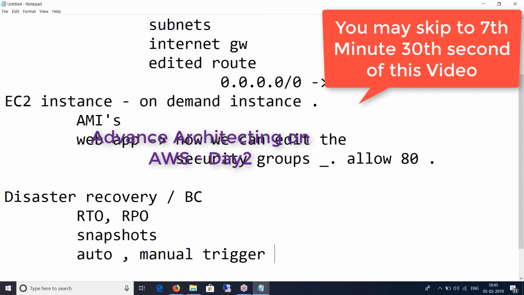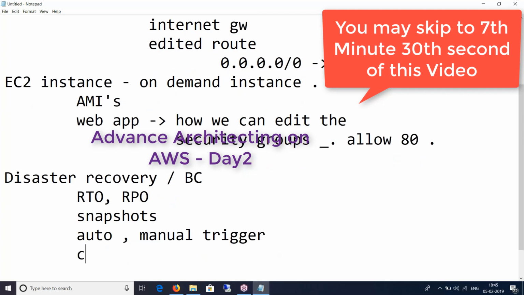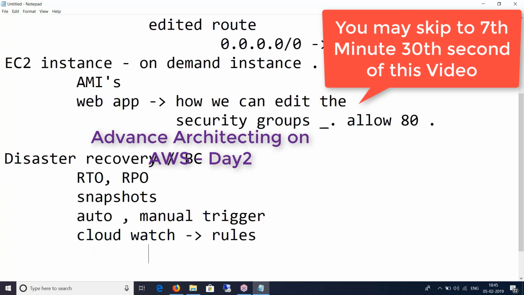Apart from triggering, you can also recover using what we learned as CloudWatch. Within CloudWatch, you have something called rules, which work like this: if something happens, do this. You just have to specify these things, and there's a whole lot of options inside the CloudWatch rules to specify what the "if" stands for and what you want to do if this condition is met. For example, if the VM is shutting down, or if somebody deleted content from an S3 bucket or deleted the whole bucket, what do you want to do?